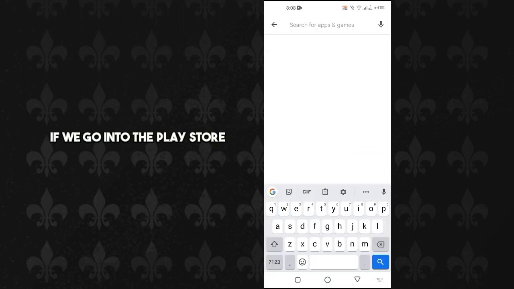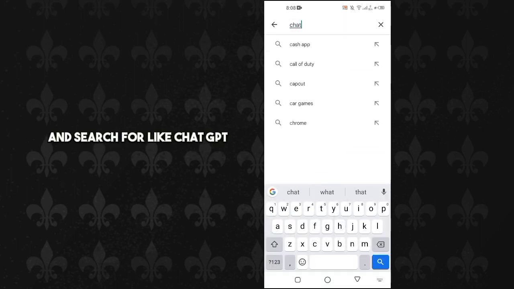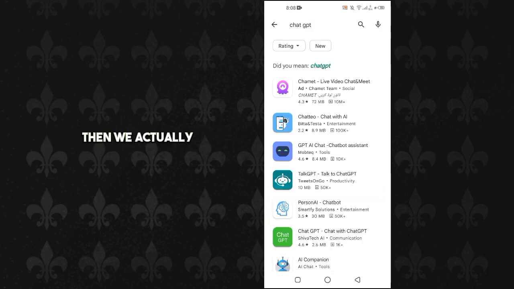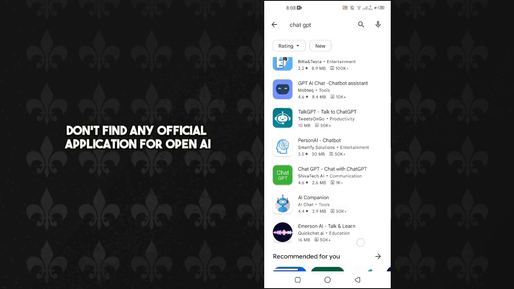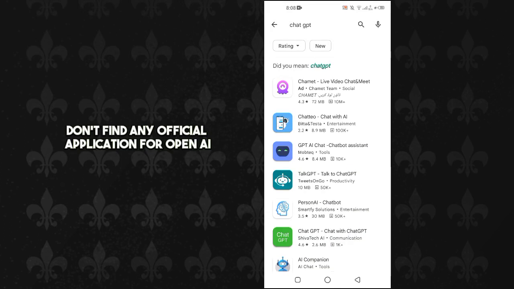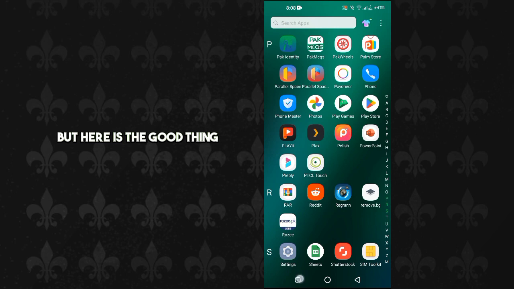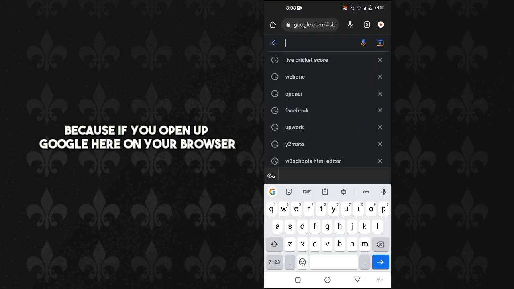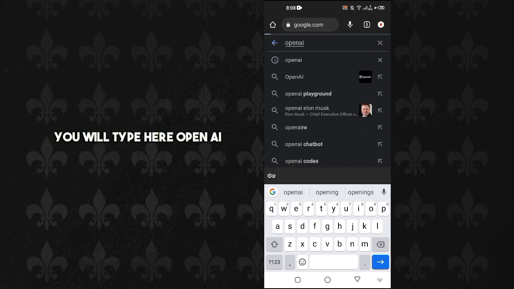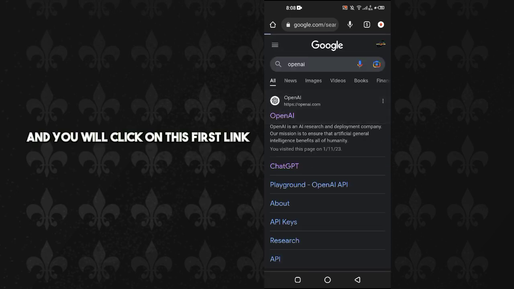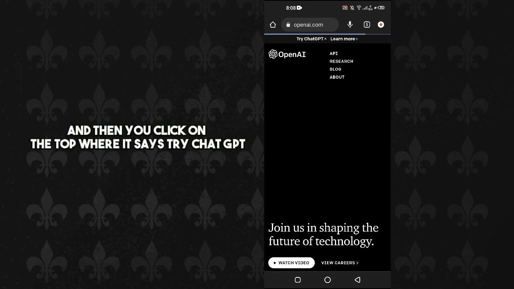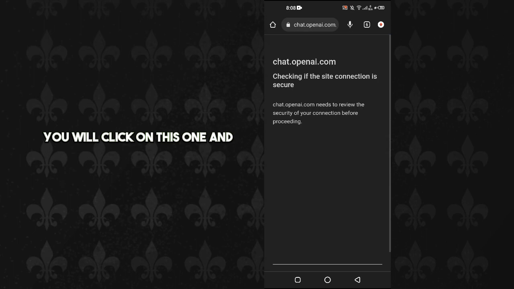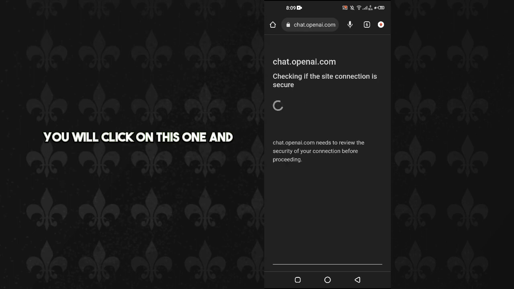If we go into the Play Store and search for Chat GPT, then we actually don't find any official application from OpenAI. But here is the good thing, because if you open up Google on your browser, you will type OpenAI and click on the first link, and then you click on the top where it says try Chat GPT. You will click on this one,